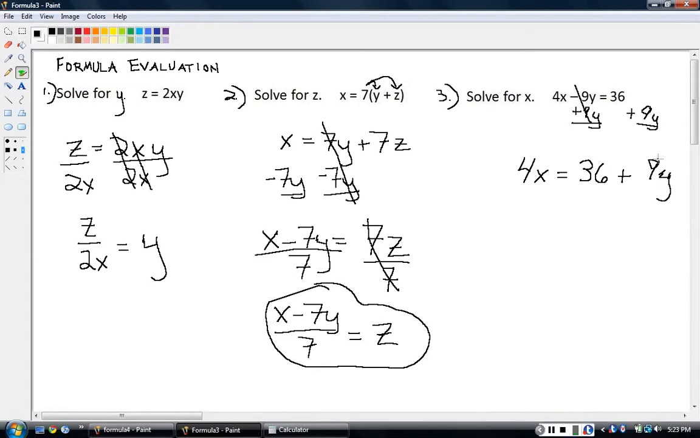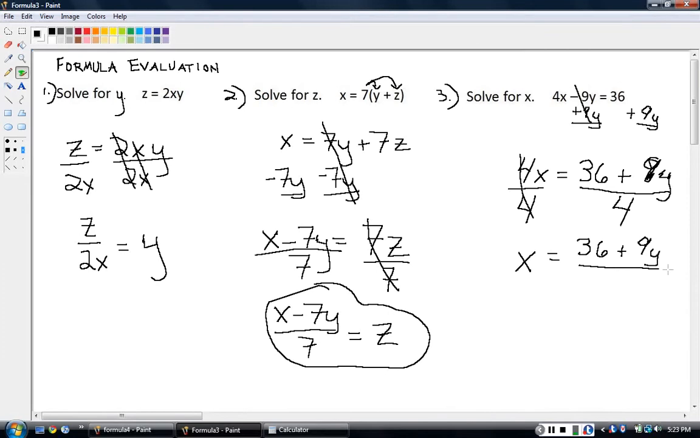Trouble with my y's. 36 plus 9y. Okay? And I'm one step away. Divide by 4. Very similar to the previous problem. Really one less step than the previous problem. x equals, right, because the 4 cancels out, and again I'm allowed to leave my answer like this, 36 plus 9y over 4,